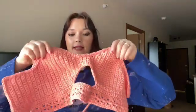And then I also have really been, I love working with cotton. I've realized I never thought I really liked it. I thought it was scratchy and just not fun. But now that I've found what I want to make with cotton, I'm really having a good time with it. So this is a